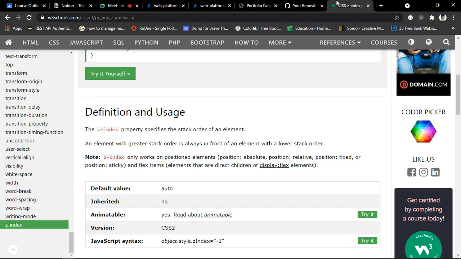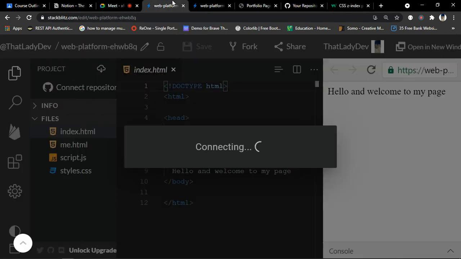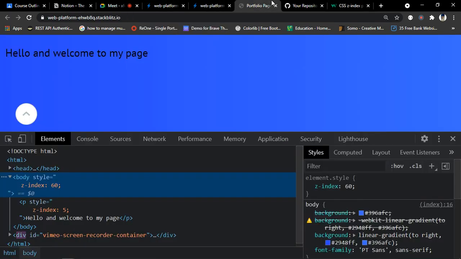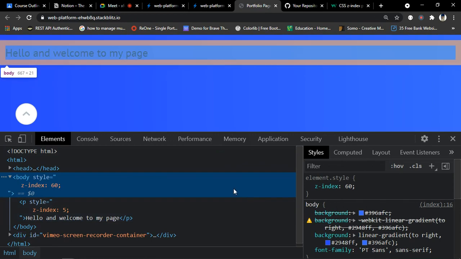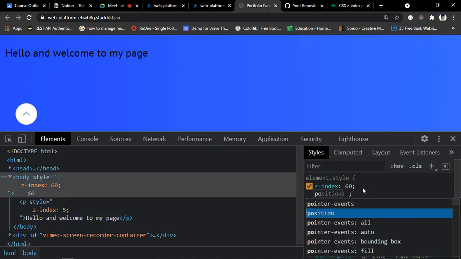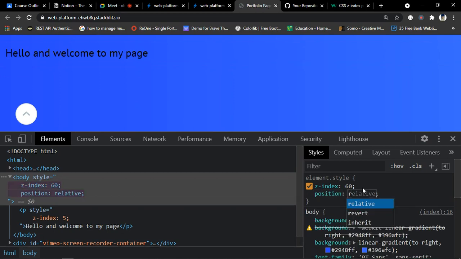It's not working. Okay, I missed something. So where am I? Still connecting. Okay, so here where I have the body, if I give this body a position of relative,